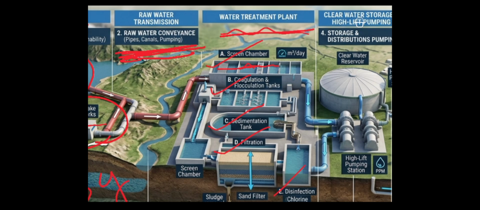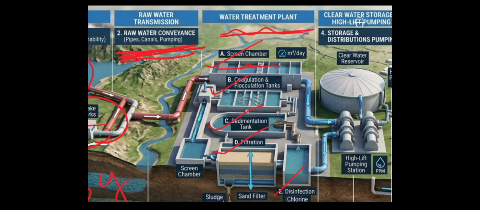And then next we have coagulation and flocculation. We add some chemicals like alum to make the dirt particles stick together and get heavy, such that the particles which are lighter will stick together to become heavier in weight and will settle down. In coagulation, we add a coagulant, a chemical called alum. In flocculation, the particles combine and stick together by means of flocculators. They are rotating chambers.